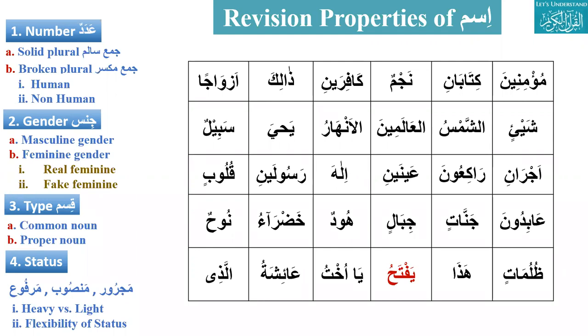Solid plural. Ash-shamsu, solid plural? We always say that it follows the normal pattern. At the end will come una, ina. Oh, it's broken. So it will be what? Singular, plural. Ash-shams. It will be Shams, broken. Shams means sun. This is just a singular. Okay. So what about gender?